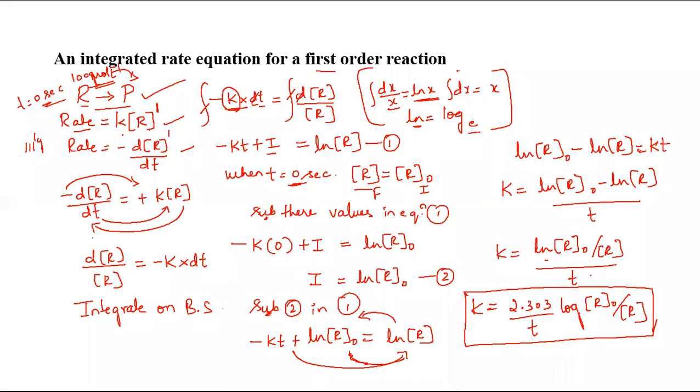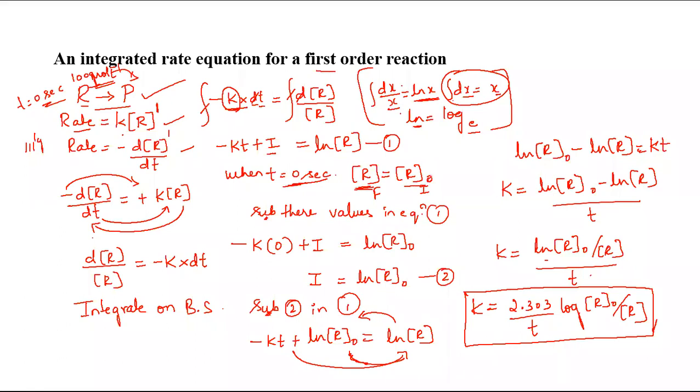Okay, so this was in the zeroth order, don't get confused. This is just the integration of dx, whose value is x. dx with respect to x gives ln x. Okay, then we'll get like this. Consider this as equation 1. When time is equal to 0 seconds, the final value will be equal to the initial value.